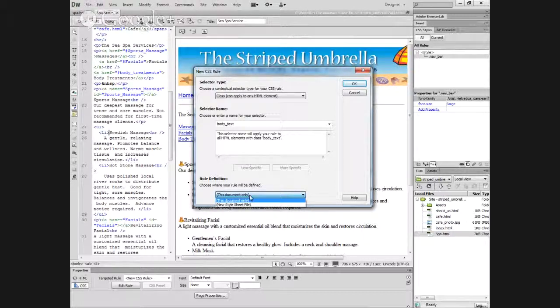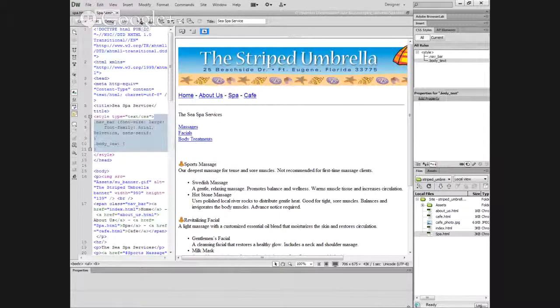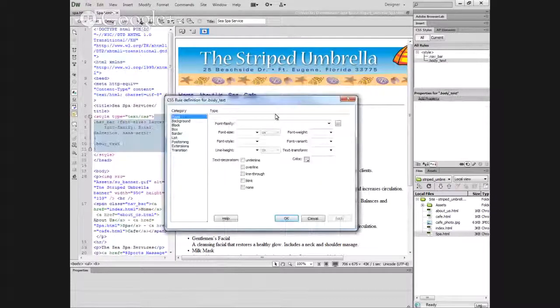All right, so click this document only, and then you're going to click OK. Then another dialog box comes up, and this is when it allows you to define the name, and then it tells you to define all the other stuff about it. So what we're going to do is